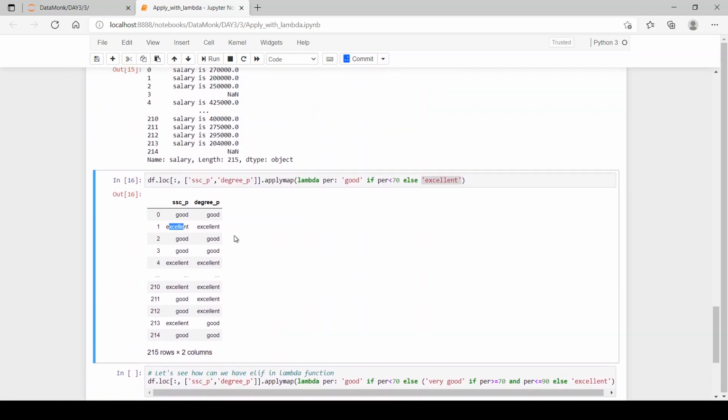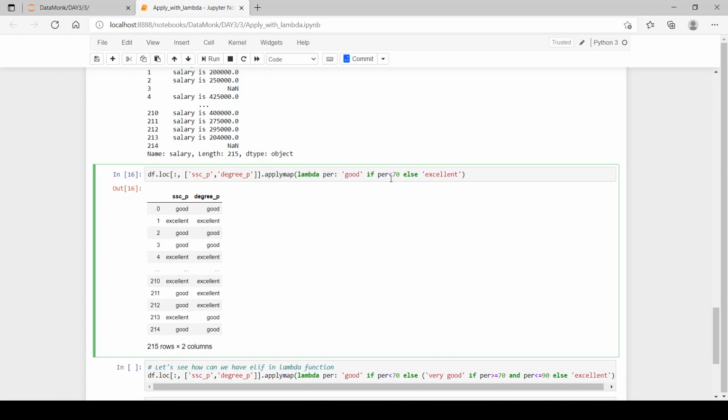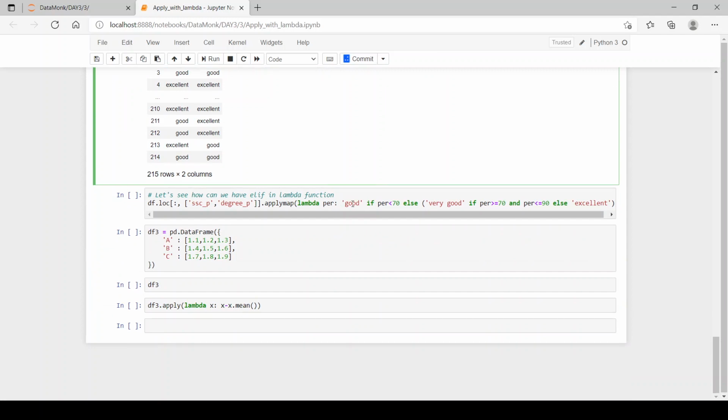Now if you want to print percentage less than 70 as good, percentage greater than 70 and less than 90 as very good, and percentage greater than 90 as excellent, then we have to use if, else if and else. So how can we use else if in a lambda function? Here let's see how. We have to pass an if in the else part.